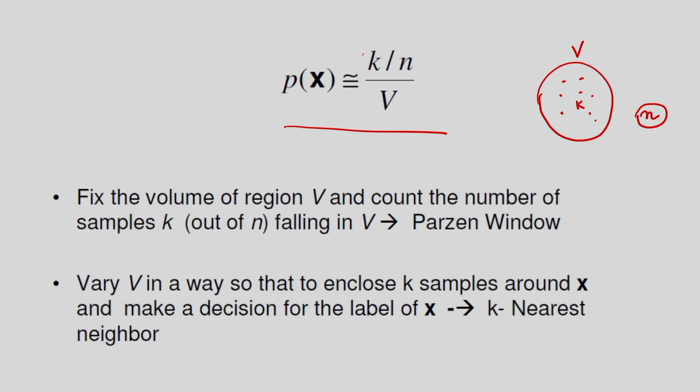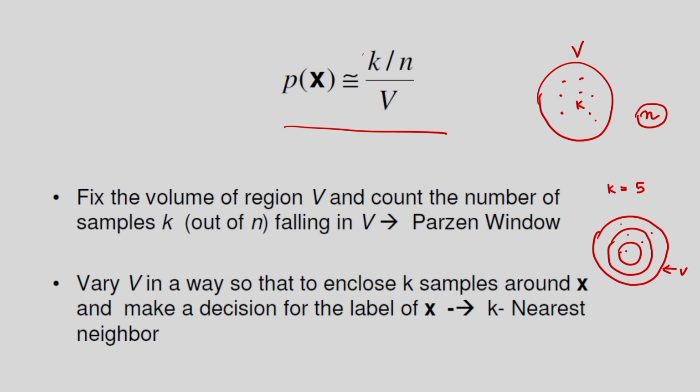In the k nearest neighbor technique, the volume is not fixed, but I consider k number of samples. Suppose I am considering 5 samples. I have to increase the volume so that it encloses the 5 samples, that is the k number of samples. The first volume encloses 1 sample, the second volume encloses 2 samples, and the third volume encloses more, until a total of 5 samples are enclosed. So I am growing the volume so that it encloses the k number of samples.